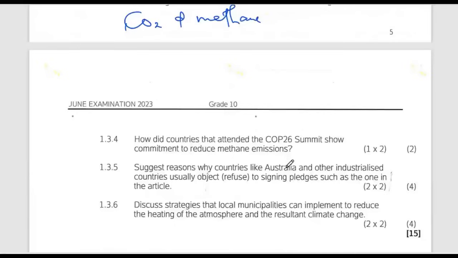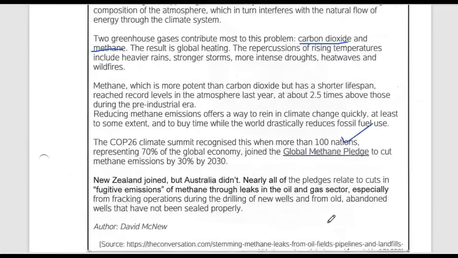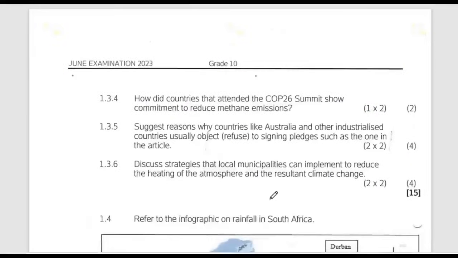Number 1.3.4 says, how did countries that attended the COP26 summit show commitment to reduce methane emissions? The countries that attended that summit on climate change showed commitment towards reducing their methane levels. It talks here about the economies that joined the global methane pledge to cut methane emissions by 30%. So this is where we are getting our sense of commitment from the text. What did the countries do? These countries showed commitment through signing